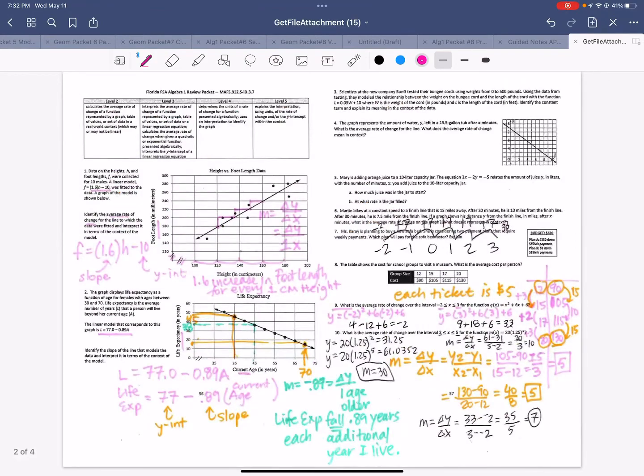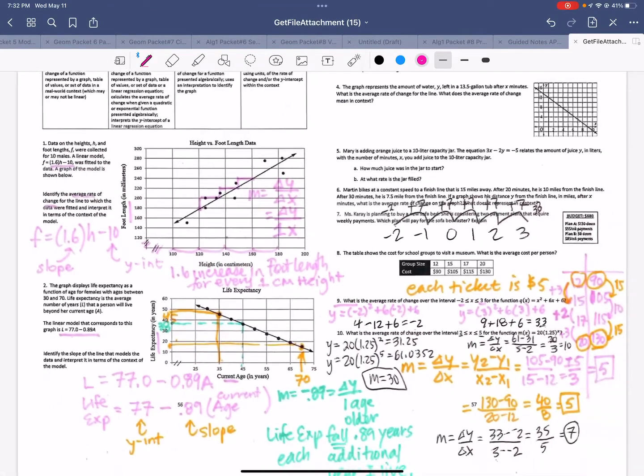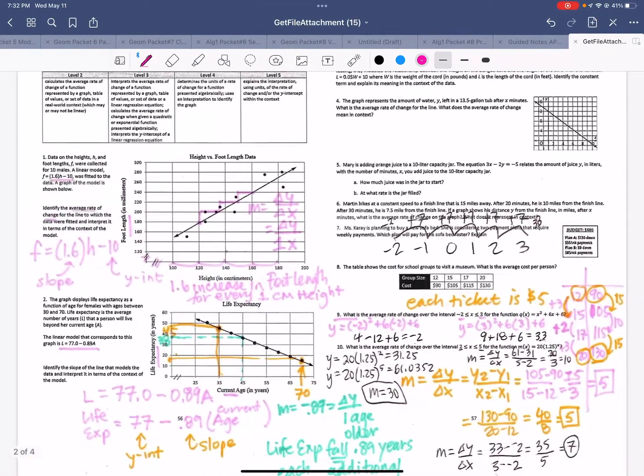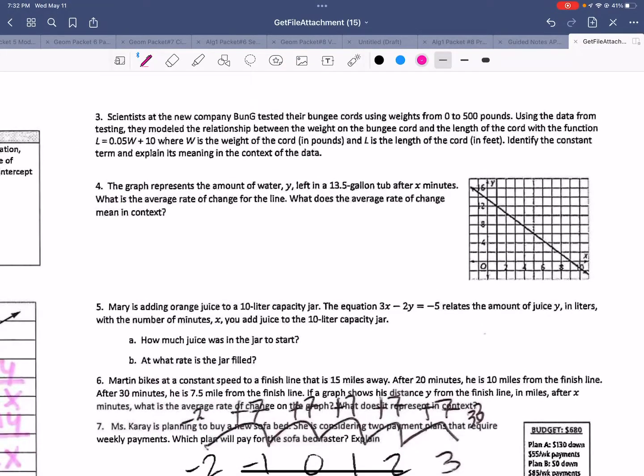Okay, looks like we did these two, depending on the class. So let's dive into one of these. I'll look at question number 4. It says the graph of the amount of water left in a 13-gallon tub after 10 minutes. So if I look here,